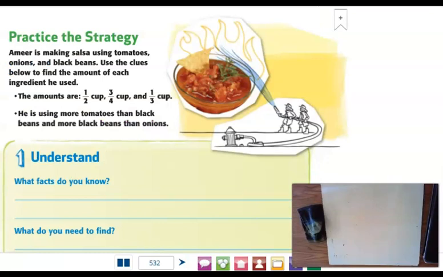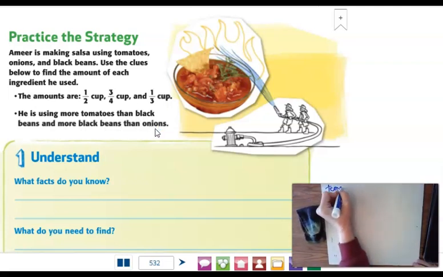Okay, so we've got the same type of thing here, except for making salsa instead of a treat. Amir is making salsa using tomatoes, onions, and black beans. Use the clues to find the amount of each ingredient he used. The amounts are 1/2, 3/4, and 1/3. And again, just like in the last problem, he is using more tomatoes than black beans and more black beans than onions. So we can do